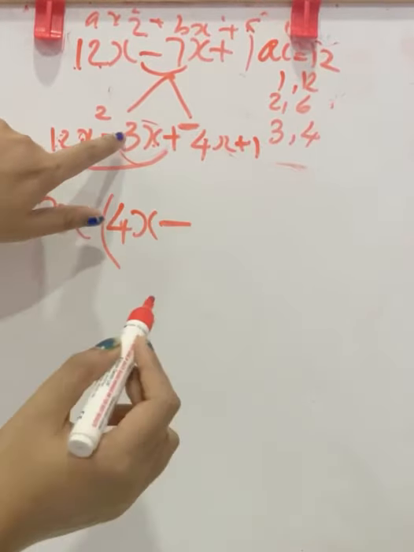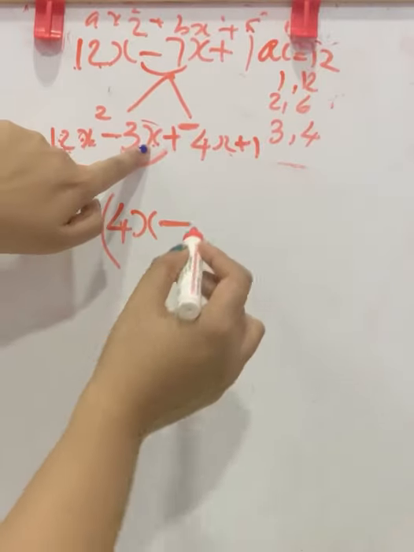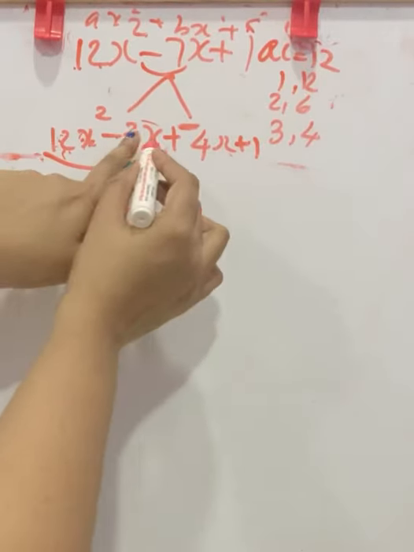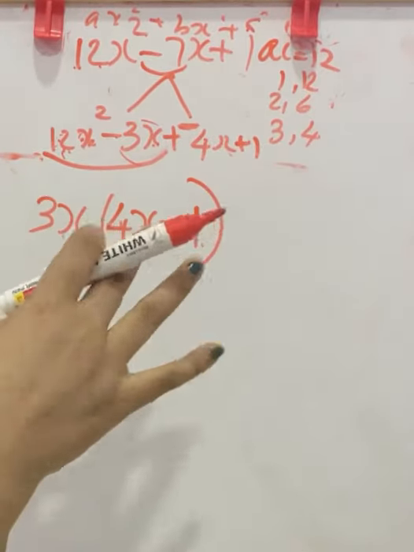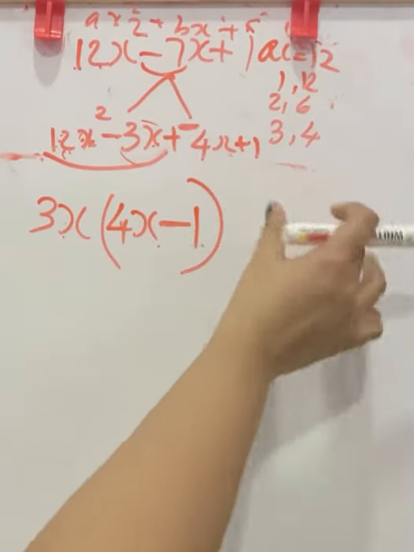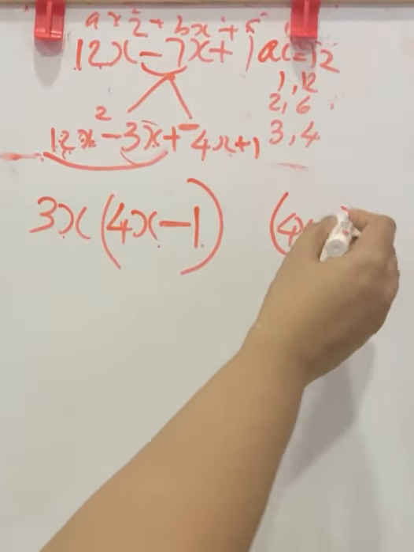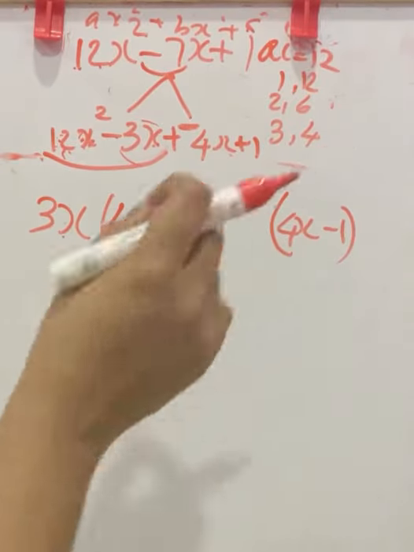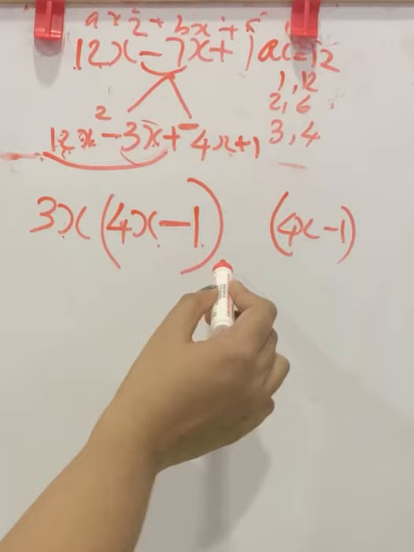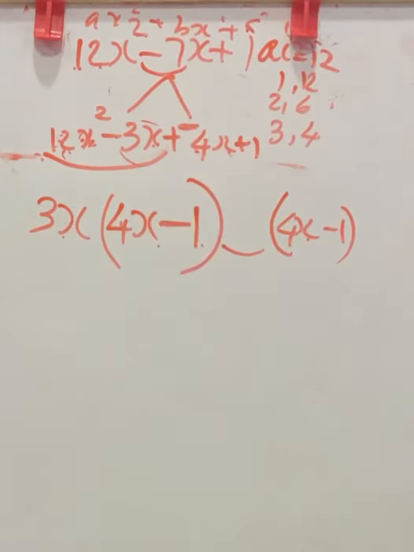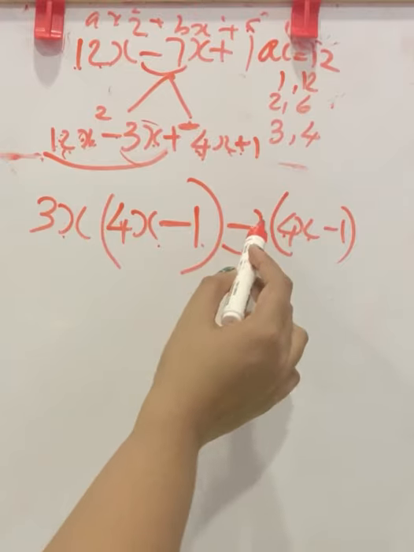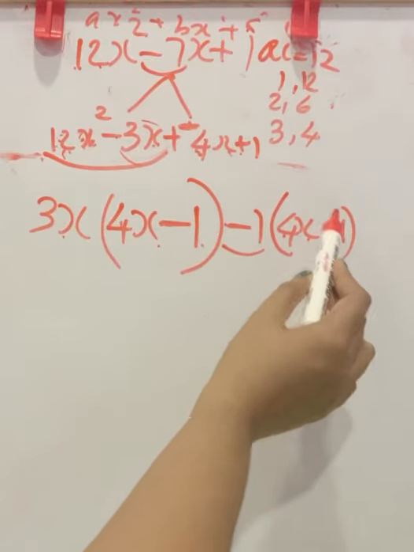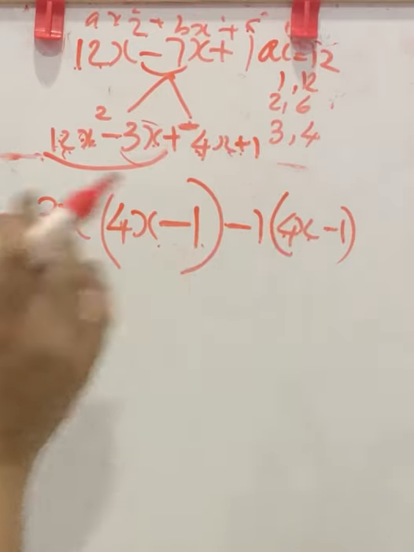Now minus is there. 3x is taken outside. Balance will be here 1 because 3x into 1, 3x. 3x into 4x, 12x square. Close the bracket. Do you remember the next step? Next, I repeat this bracket here, 4x minus 1. This is for our convenience to repeat this bracket. Now check. Minus 1 into 4x, how will you get? 1 into 4x is 4x. So minus 1 into 4x will be minus 4x. Let us check whether it is correct with last term also. Negative 1 into negative 1, positive 1. So here what we wrote is correct.